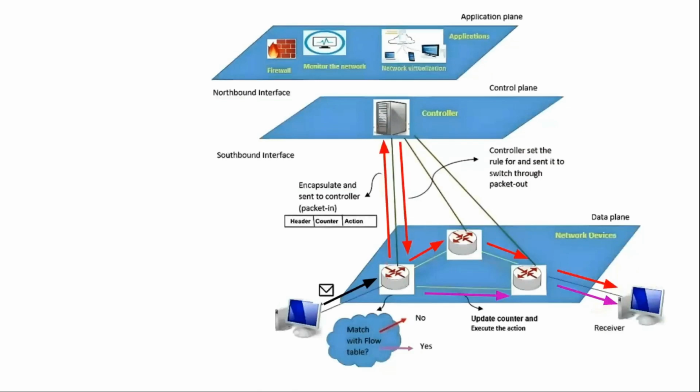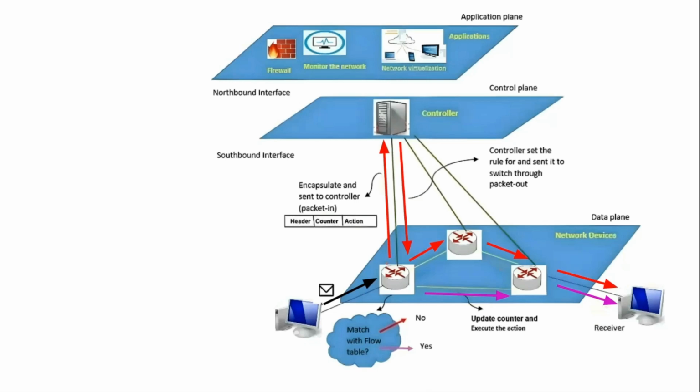The decision making, or the formation of the rule, happens at the controller. So when there is no match found, what happens? The controller sets the rule and sends it to the switch. The switch just reads the rule sent by the controller and follows the action, or follows whatever decision is taken by the controller. The switch does not possess the capability of taking decisions on its own. So this is how data is transferred in a typical SDN network.